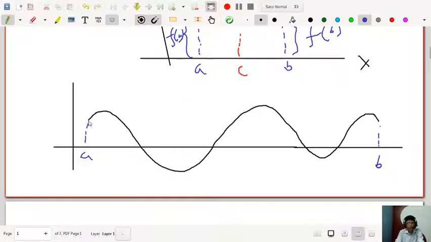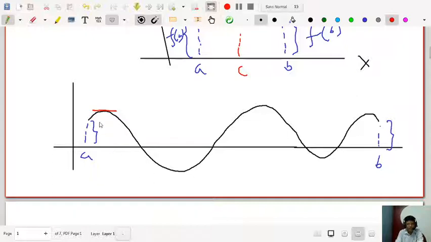So look at that, the ordinates at A and B are equal, that is f(a) equal to f(b), and you can find so many points, and the curve is continuous. You see there is no discontinuity. Without lifting the pen you can draw the diagram, and the function is differentiable at any point between A and B, that is you can draw tangents at any point between A and B. And look at that, there are so many points.